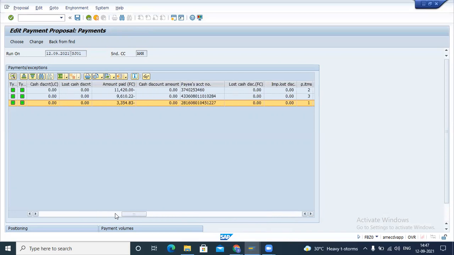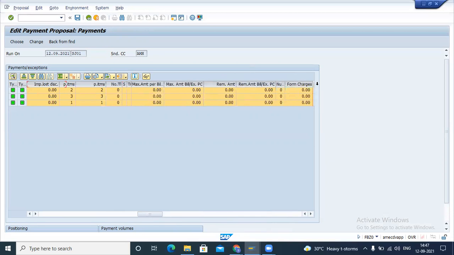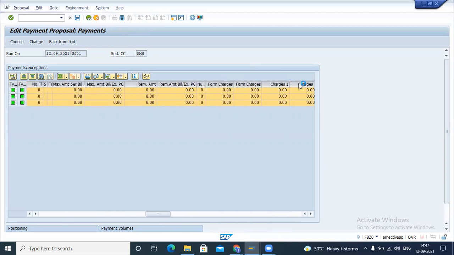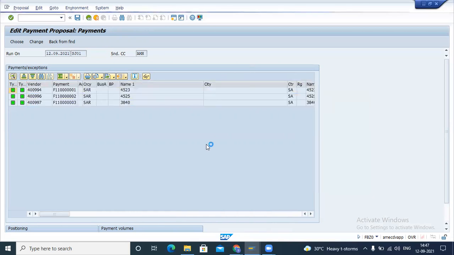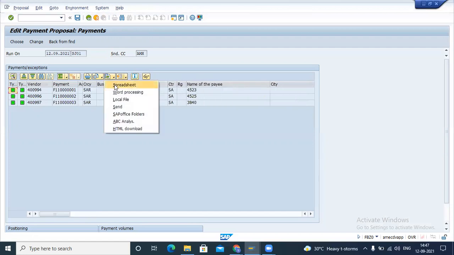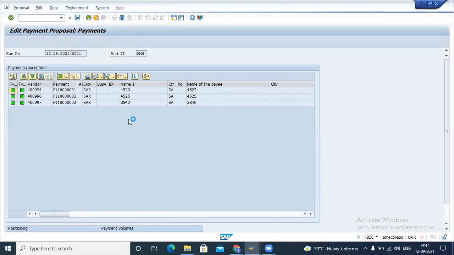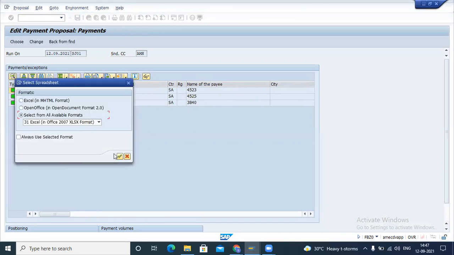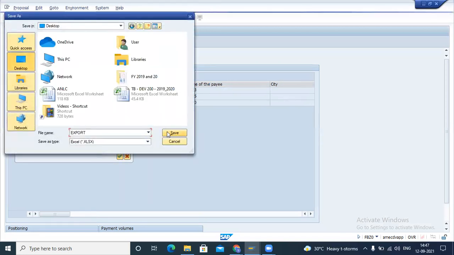There are a few fields which we do not want to see, so we can hide or remove those fields. You can download this sheet for your approval. So you know how we can download this sheet. We can download this sheet and go for the approval also.